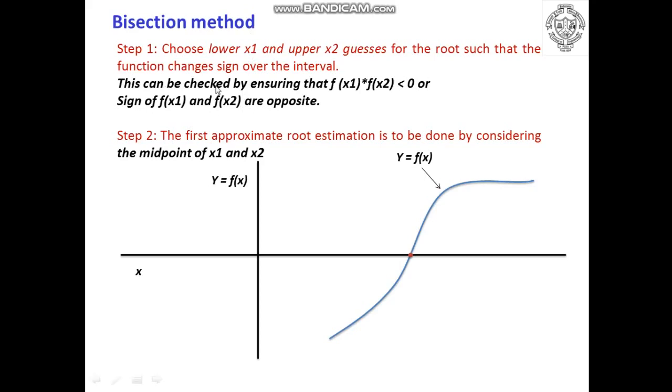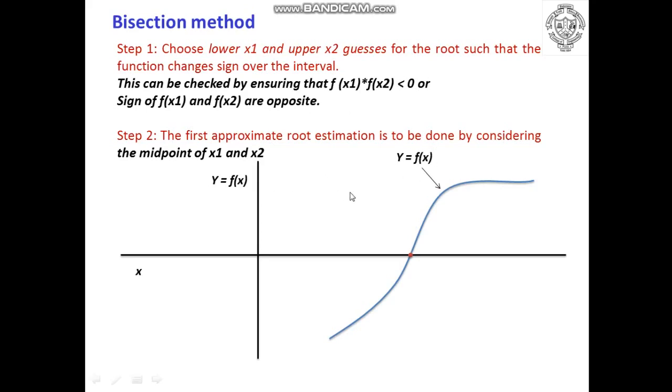In general you have to find out the guesses starting from minus infinity to plus infinity, but let us consider it to start from 0. So initially I will assume the value of x as 0, and I will find out the function of x, that is f of x. Then I will assume the value of x as 1, and again I will find out the function of x. Similarly, you have to repeat this procedure till you get a sign change between two corresponding functions.